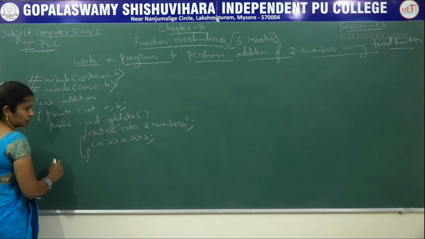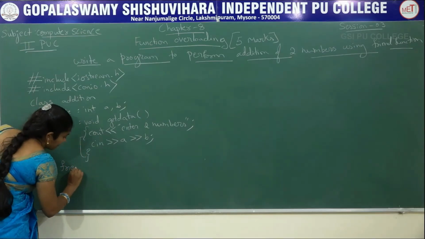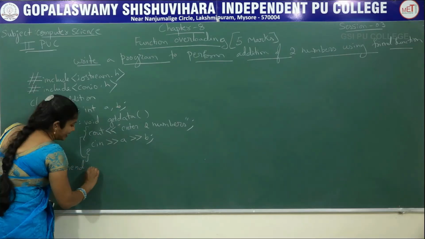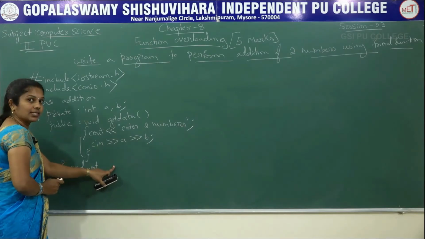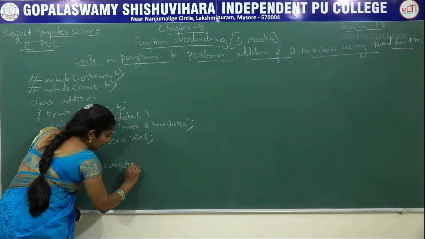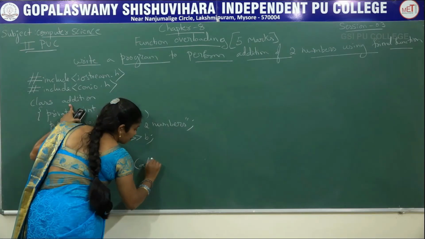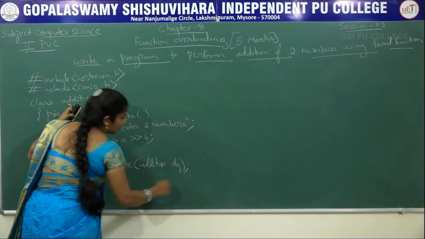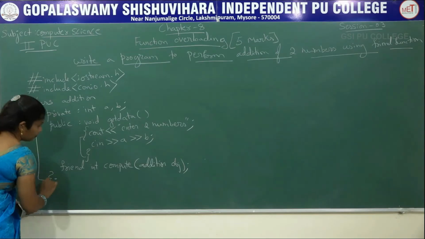Now I am going to write the friend function. For a friend function, already I told you we have to use the keyword friend. Return type: after calculation, the return type I want is integer format. So friend int. What is the function name here? I am going to take it as compute. Compute is the function name. Inside the bracket, class name we are giving as addition. Then object, then semicolon, then close the class. To close the class, you have to put a semicolon after the flower bracket.